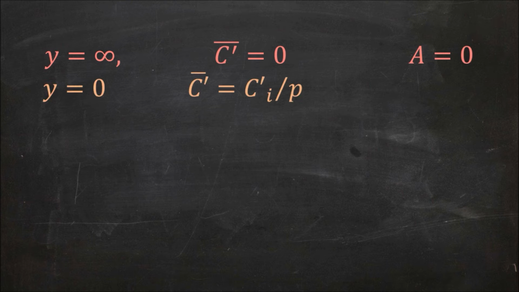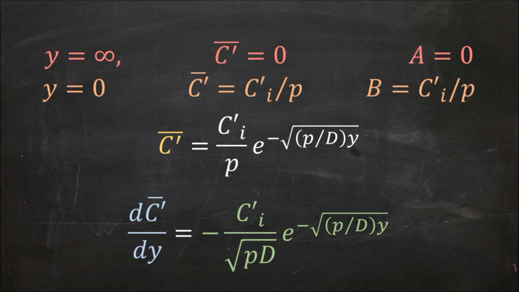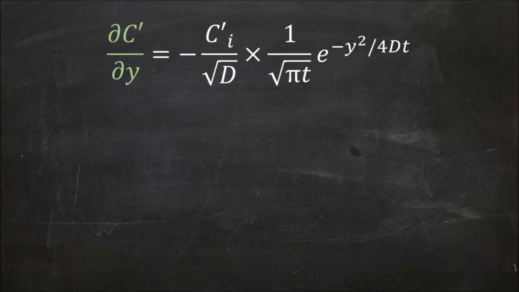When y is equal to infinity, C' is equal to 0 and A is equal to 0. When y is equal to 0, C' is equal to C'i over p and B is equal to C'i over p. Inverting, the partial derivative of C' over the partial derivative of y is equal to negative C'i over the square root of D times 1 over the square root of pi t times e raised to negative y squared over 4Dt. Therefore, the mass transfer rate at the surface